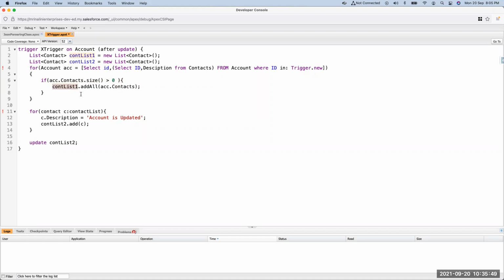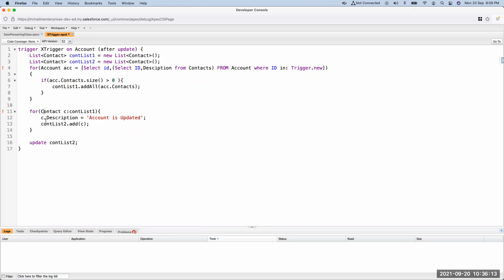And once this loop is done, we have all the contacts in contact list 1. Then we have contact list. This should be contact list 1. So we are iterating contact list 1 with this.